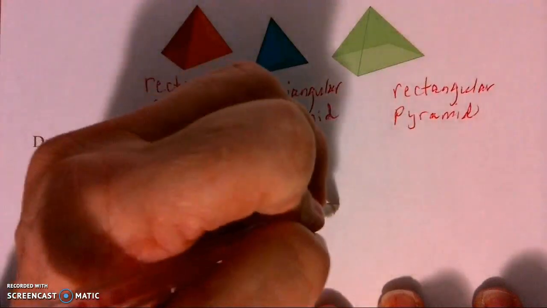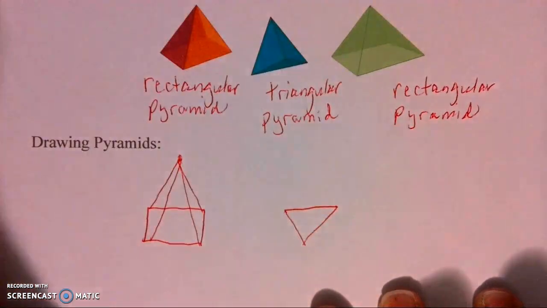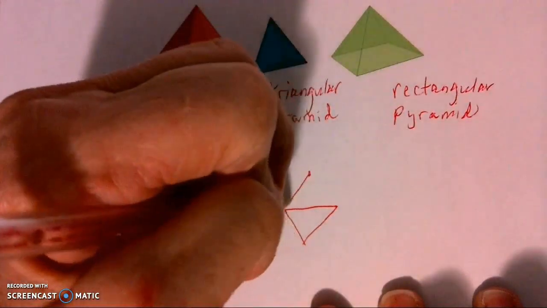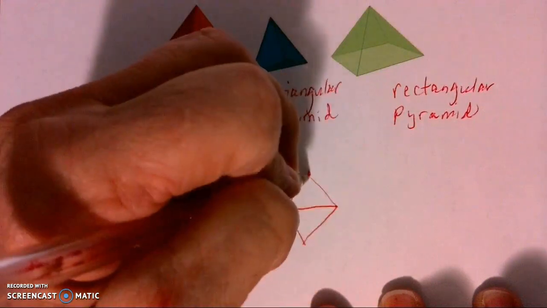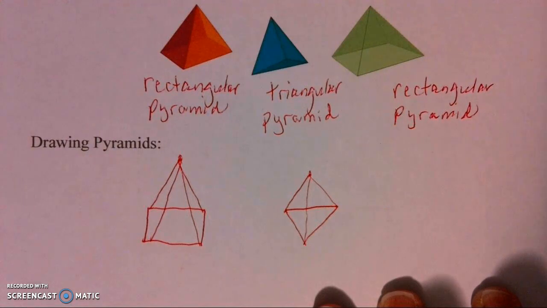And I'm going to do a triangular one as well. So I'm going to draw my triangular base, put up my point, connect my vertices, and I have a triangular pyramid. So again, three-dimensional shapes: prisms have two congruent parallel bases, and the other faces are rectangles; a pyramid has one base, and all the